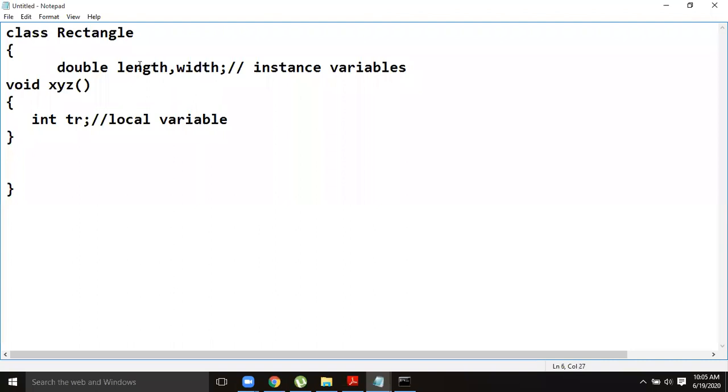Can I use length and width in XYZ? Yes, you can use length and width here. For example, I can write tr equal to tr into length into width.